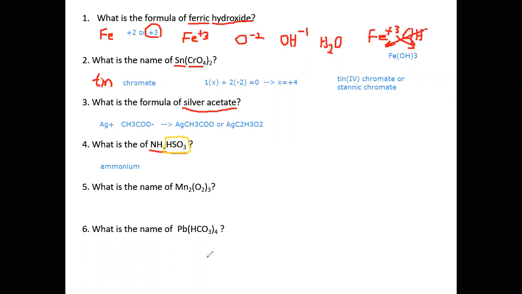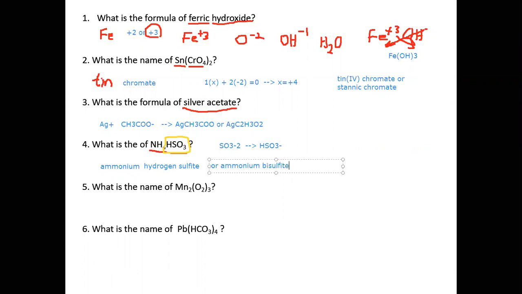When you add a hydrogen to it, it becomes hydrogen sulfite. So you can name this compound ammonium hydrogen sulfite, but since SO3 is a -2 charge, we get HSO3 minus. So we can also write this as ammonium